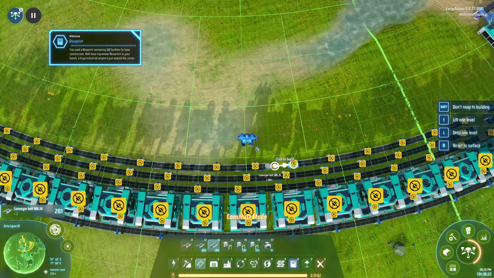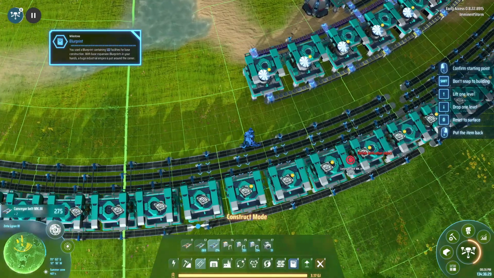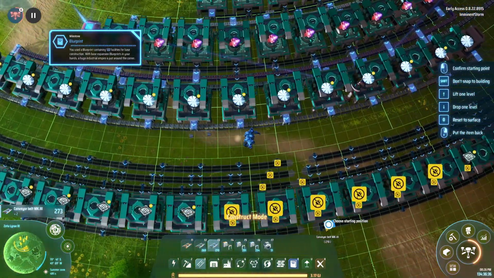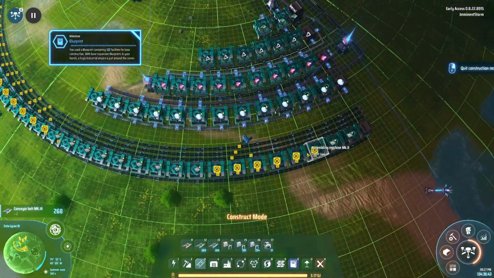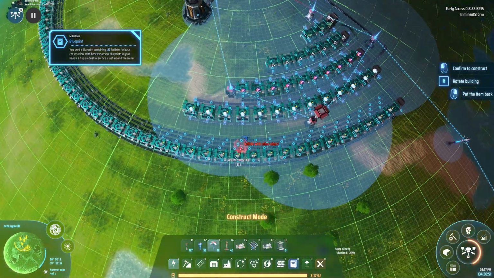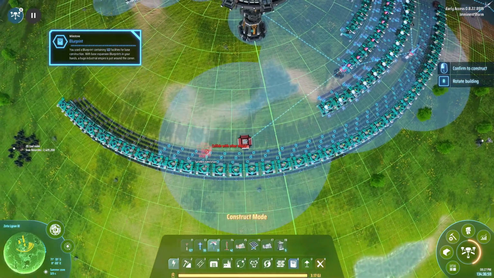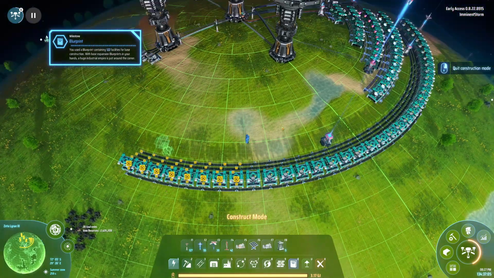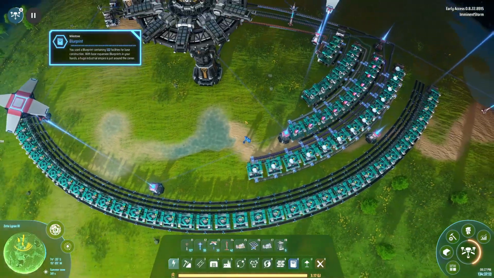Alright, just gotta get all these belts hooked up. Make sure I'm putting these in going in the right direction. Okay, so yeah, we are going to need some power. We're going to throw in one of those guys. Okay, so now we just need to feed the